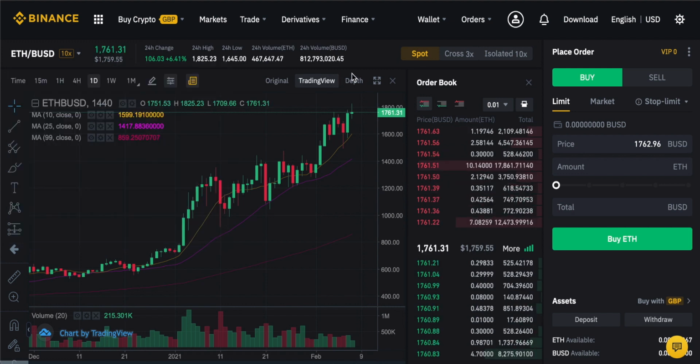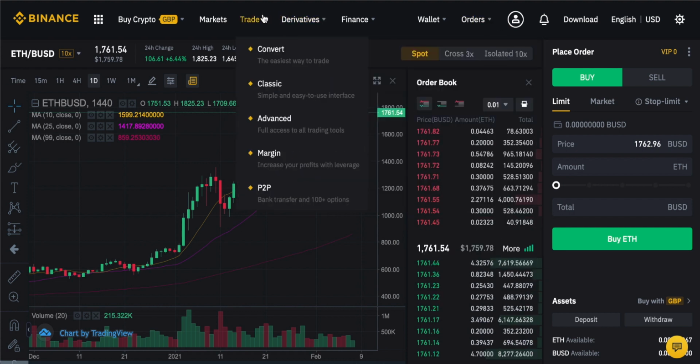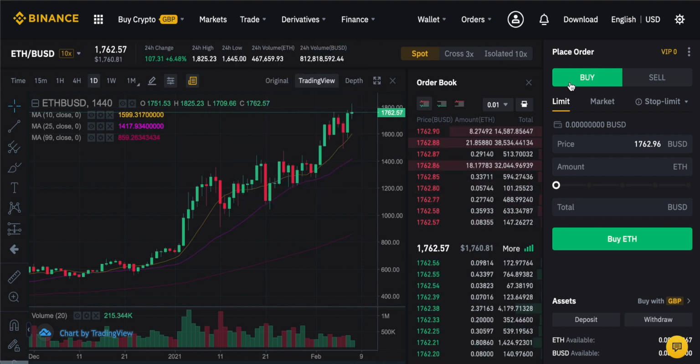But you can go and actually choose the limit price for your order. So in the trade tab before, when we were pressing convert, we had no choice over the exchange rate and the prices that we were paying. But on this system, we can. So we're going to come over to the buy order right here. Then we're going to choose limit. Limit allows you to choose the actual price or limit the price that you're paying.